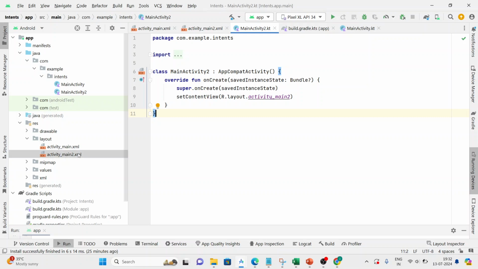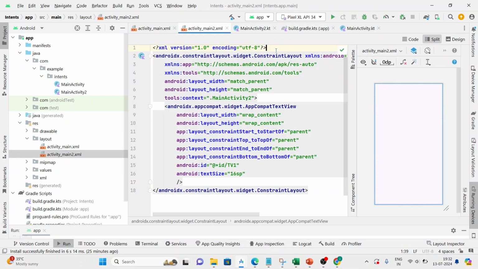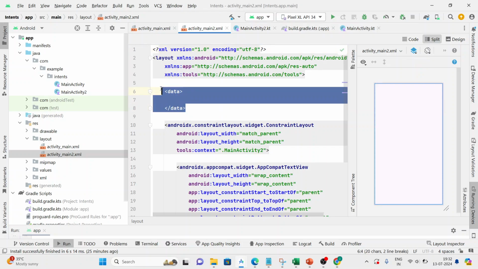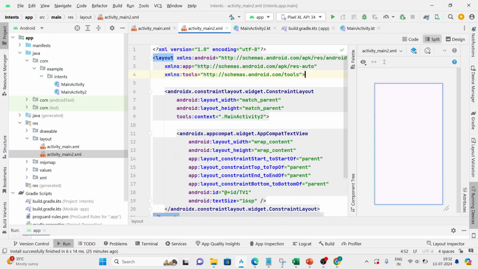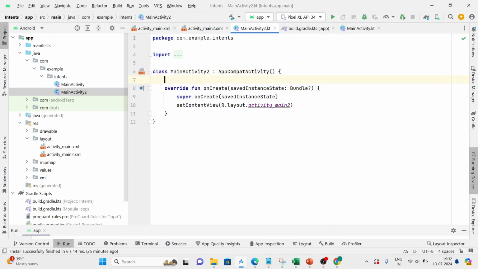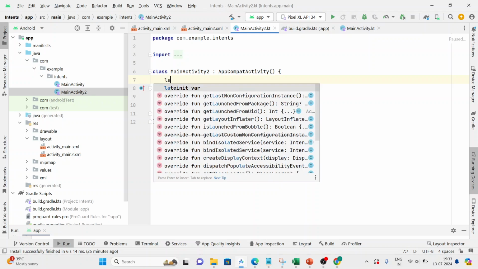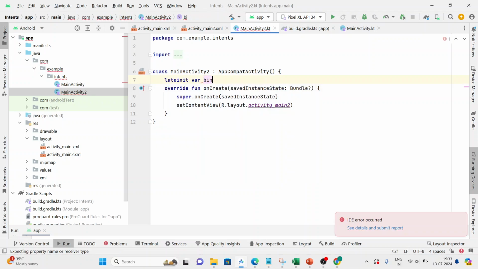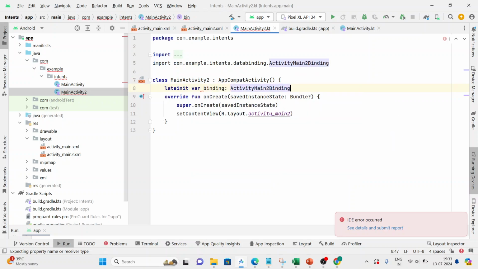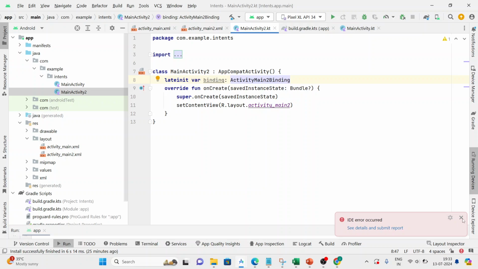First go to the activity main.xml file, click here, right click, show context actions and convert to data binding layout. Here, remove this line and Control S. Let's create instance of activity here. Lateinit var binding of type activity main binding. Let's close this error. Now set